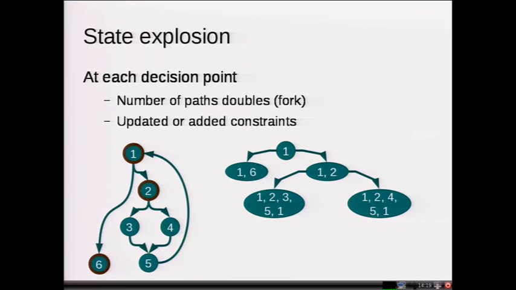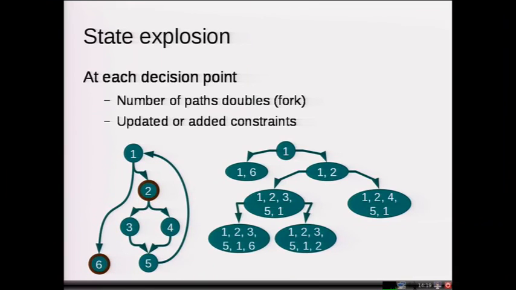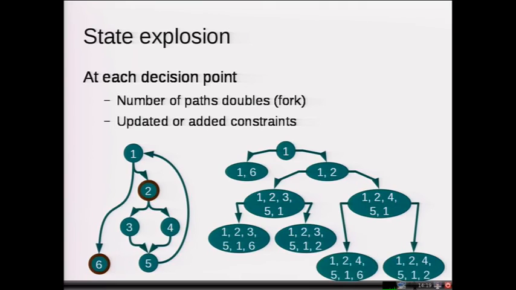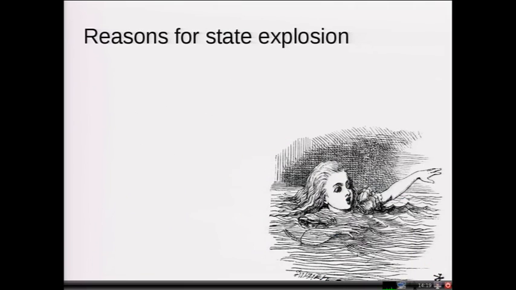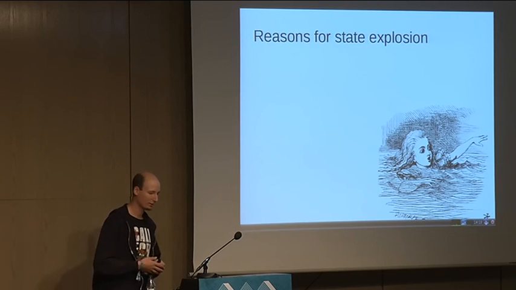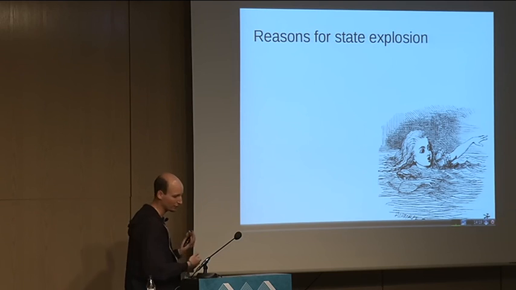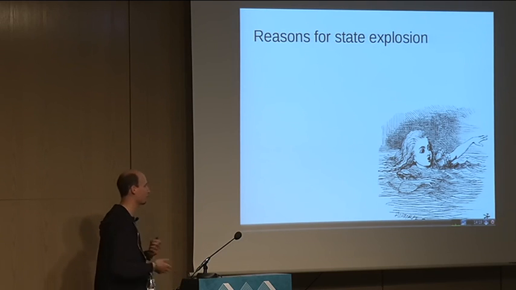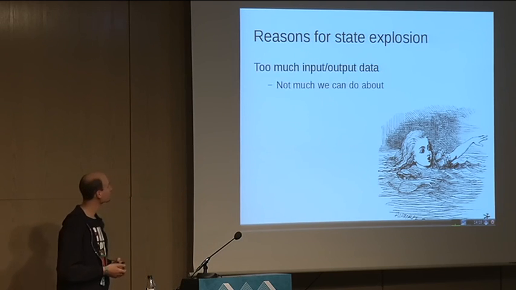We continue. On the right-hand side, we have more and more paths that are joined together. We see that the longer we execute it symbolically, we have to carry on all these constraints, and the formulas get longer and longer. And that's how we run into the state explosion. And the problem is that we cannot decide which ones are more interesting to follow and which ones are not. So we're basically drowning in a sea of tears, just like Alice did. And we want to know what the reasons are and how we can get around those.